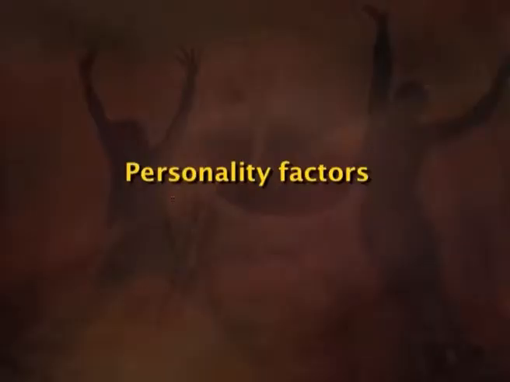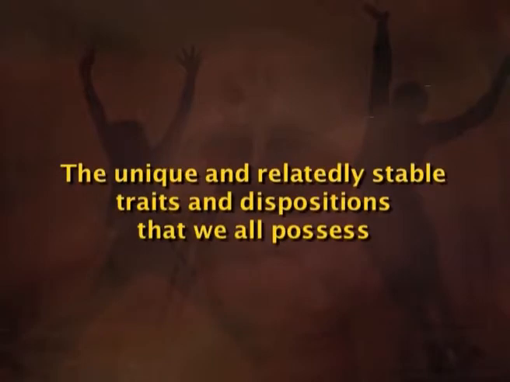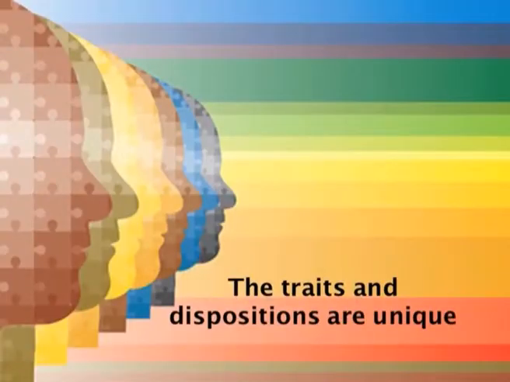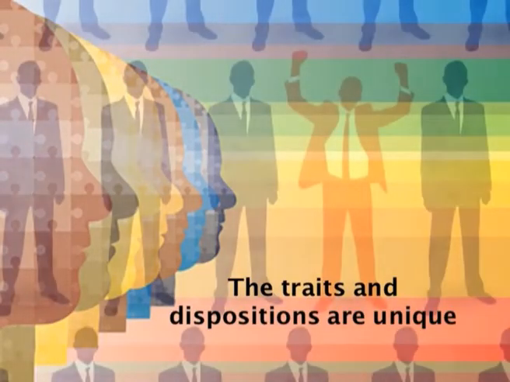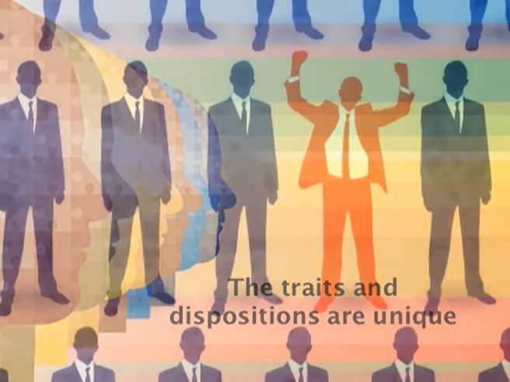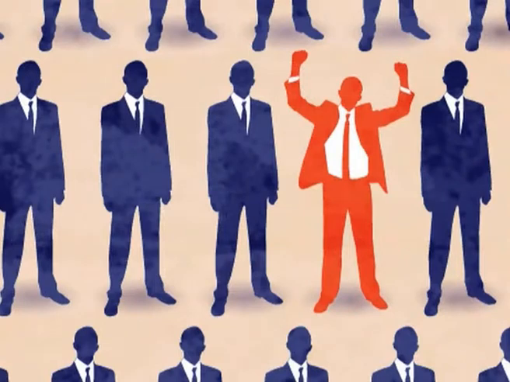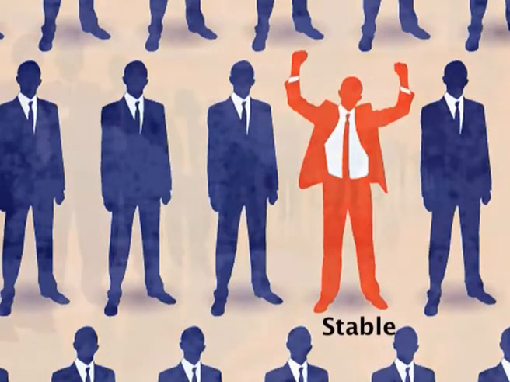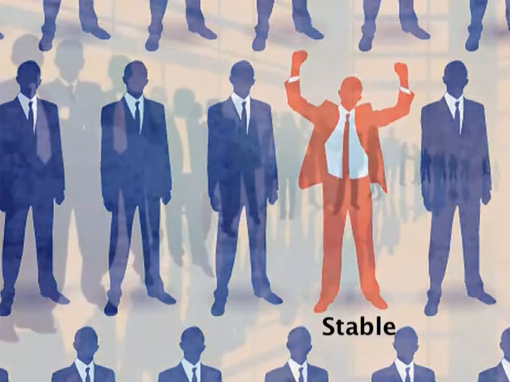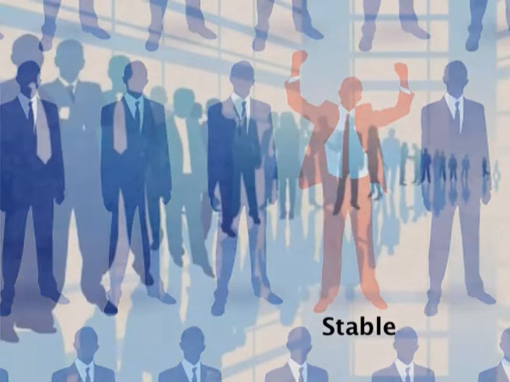Now, what is personality? Personality, as we all know, is the unique and relatively stable traits and dispositions that we all possess. There are two major factors in this definition. Firstly, these traits and dispositions are unique, which means that they differentiate us, they differentiate you from me, us from others. And second, they are relatively stable, which means that we are likely to behave in unique ways